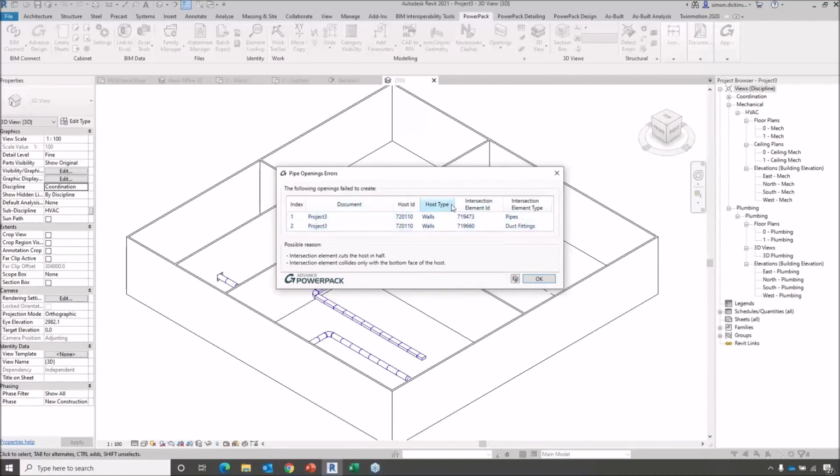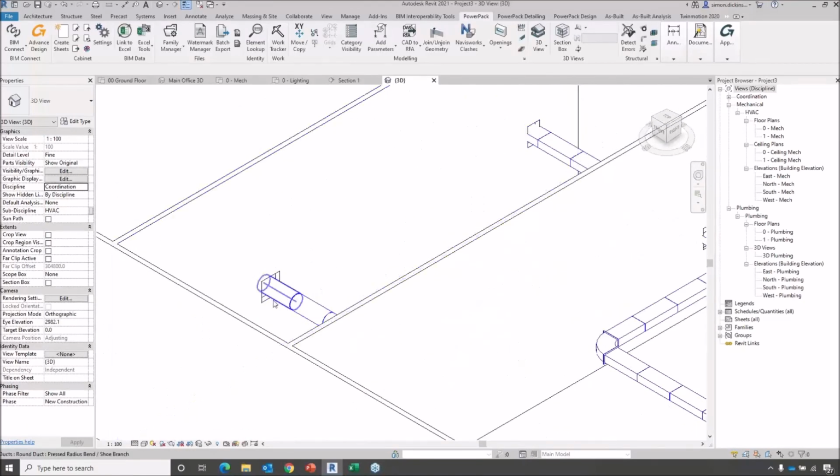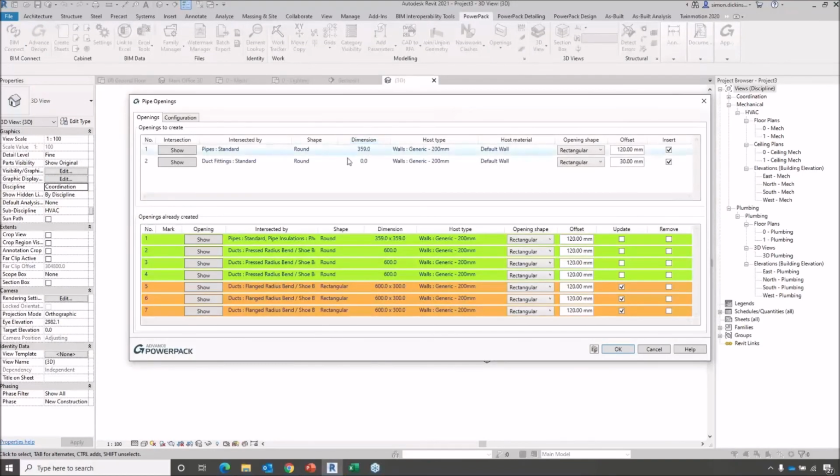There's two that it's failed for whatever reasons, but it has told me where it's failed. And it's now placed them in. And I think it was the round one that I actually set. But you can see here now it's actually placed in the holes based on the sizes and optimized them accordingly. Now what's nice about the openings tool is if I go back into openings here,